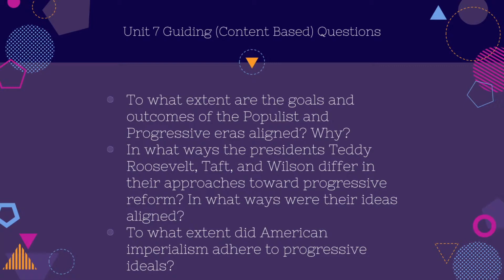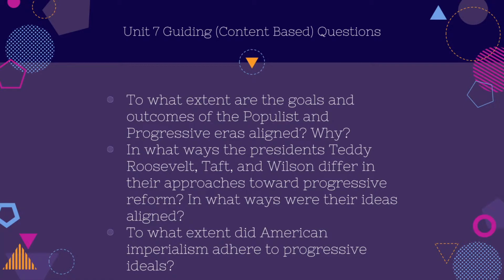In what ways did they differ in their approaches toward progressive reform, and in what ways were their ideas aligned? So, first and foremost, I mentioned this in class, but Roosevelt and Taft are Republicans, and Wilson was a Democrat. So that in itself informs you that the progressive era was by no means just a one-party affair. In fact, there was a progressive party, there was a socialist party. Teddy Roosevelt runs again for president under his own party, the Bull Moose Party, and we will get into that